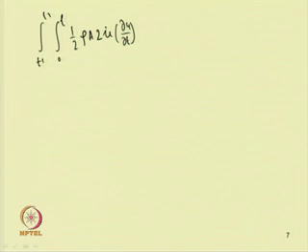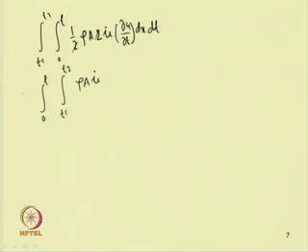So, in this case one can write this term in this form by changing the integral. So, one can write 0 to L, T1 to T2. So, these two cancel, and this becomes rho A u dot into